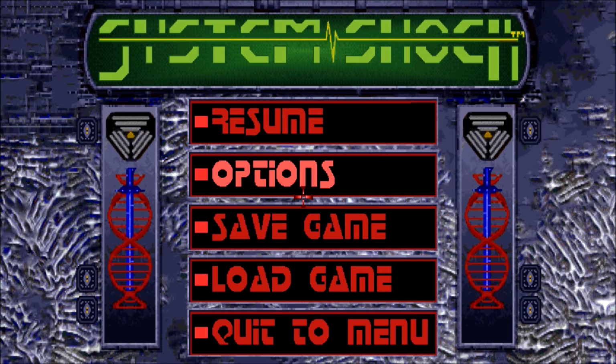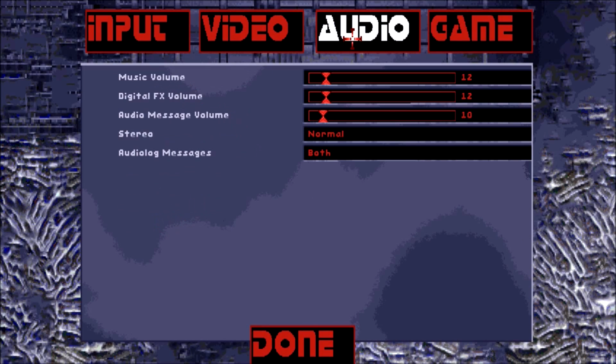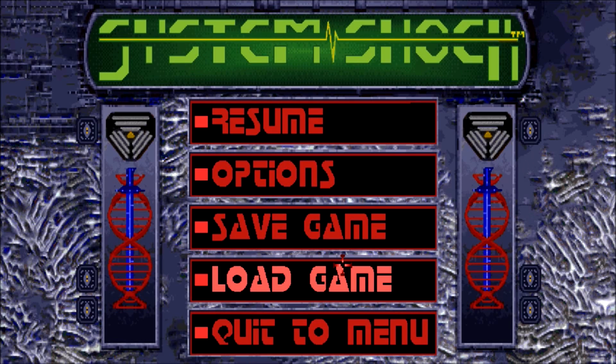There is an option where you can switch the speech off. You know what? I'm going to do exactly that. I guess it was in the audio. There it is. Dead. So anyway... Yes, audio log messages, you can switch off both. I just did. As I was saying, the problem you could have with a point-and-click adventure game is that you